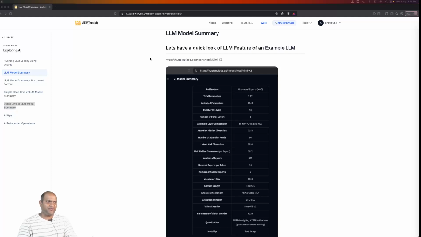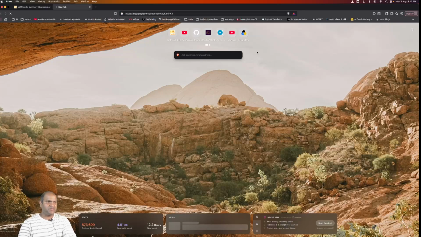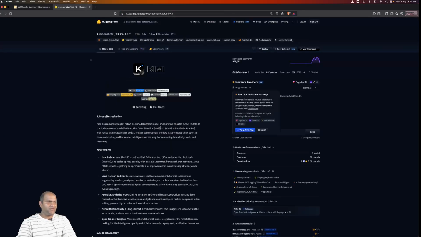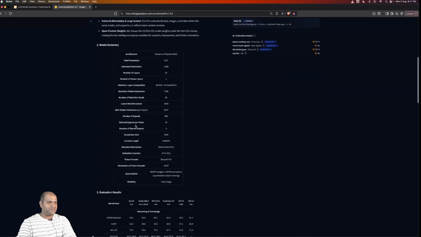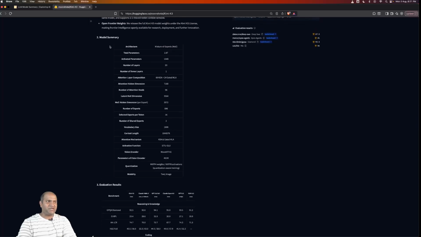Let's say we go to Hugging Face and one of the models. Okay, let's go to this model. You see a lot of information, right? So one of the pieces of information that we'll try to understand now is this particular thing, the model summary. These are more internals related to the operation team or anyone to do, because it's